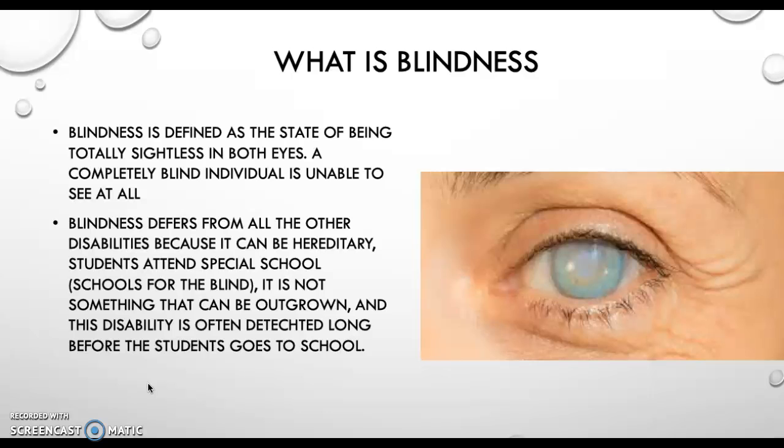It's not something that you have when you're younger, and then you can't be blind as an infant, and then you get your vision back as an adult unless you undergo a numerous amount of surgeries. And then this disability is often detected long before they go to school. So autism, ADHD, those are typically disabilities that are learned by the teachers or by parents when the student is in the classroom, and then blindness is often detected by age 2.